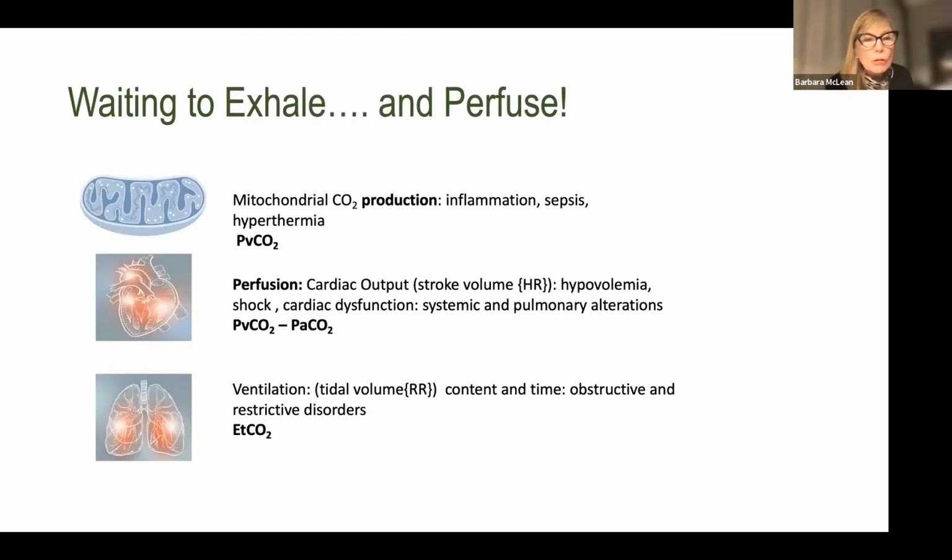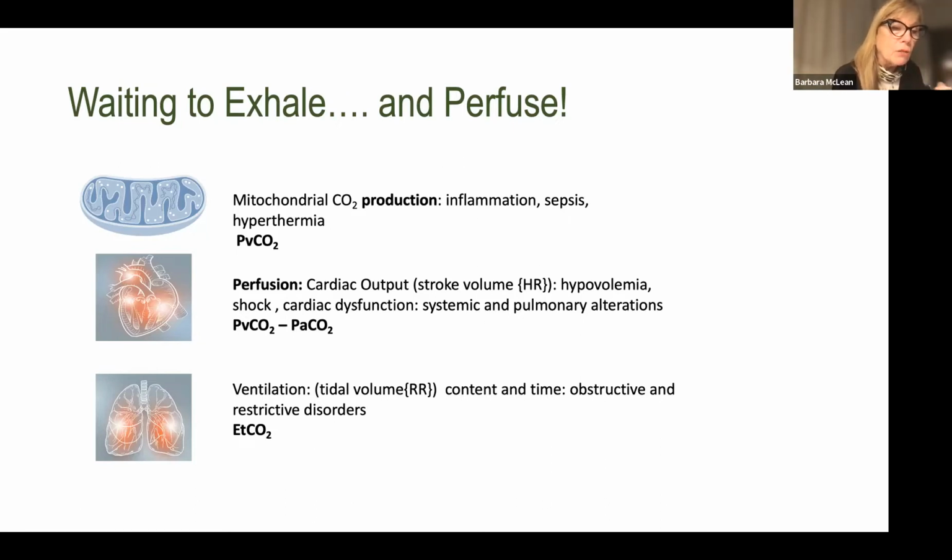Every patient that comes into your care is waiting to exhale, and they're waiting to perfuse. You have every tool that can help you to support what you're doing at the bedside in a more scientific manner in terms of how to look at perfusion, both pulmonary and systemic, and how to evaluate ventilation. It's not so simple as just looking at arterial CO2 and saying the end tidal CO2 kind of reflects the PA CO2, and that's all I really care about, because you're wasting 75% of a tool